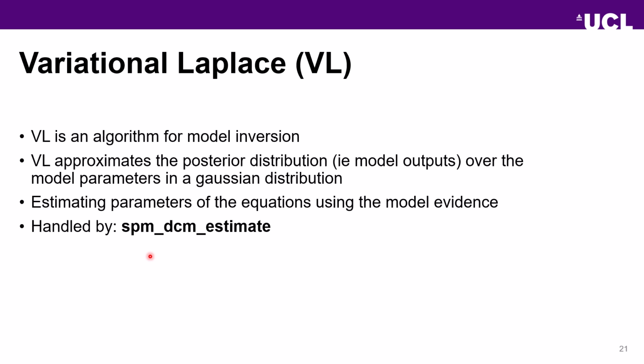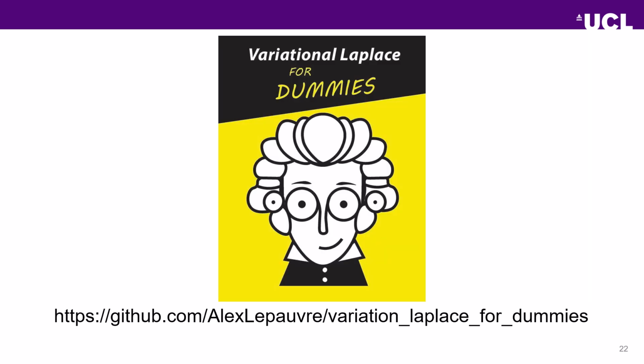There are some other SPM functions, I think specifically for EEG models, but you would have to check the documentation for your specific use case and your specific data. But essentially, I think for an overview, that's all you need to know. If you were interested in going into more depth about how this works, I can recommend this GitHub page by Alex Lepoivre, called Variational Laplace for Dummies. You can find the URL here, or I think if you just type it into Google, it should come up. So if you want to spend a bit of time, get a better understanding of how this works, I think it's quite valuable to do. In addition, I believe Pranay, who's lecturing later today, has contributed to this book.